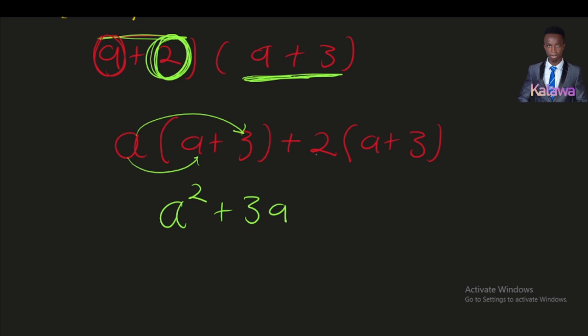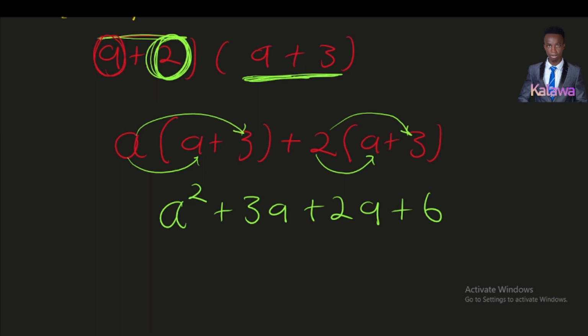Plus 2 times a is going to give us plus 2a. And then this same plus 2, we multiply it by 3. Remember, you take note of the signs. That one I've dealt with in the previous video. You can go back and watch them. So plus 2 times 3 is going to give us